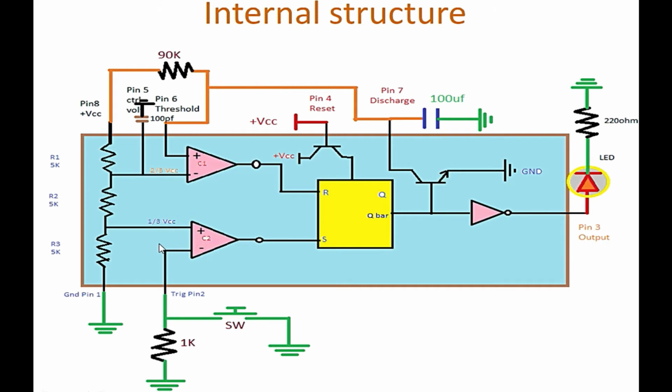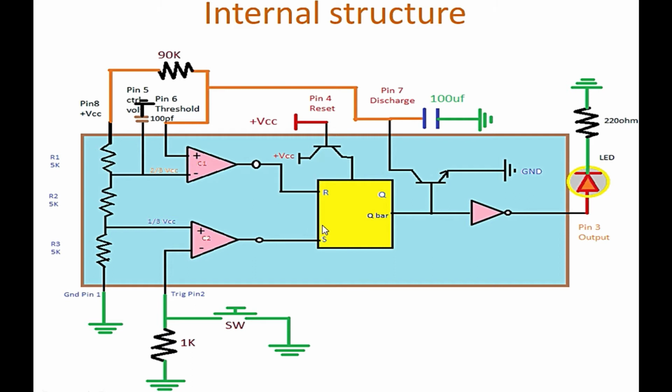For that we will go through comparator number 2 first. In the normal condition, the positive terminal voltage of the comparator will be lower than the negative terminal voltage. So the condition is not fulfilled, and the output will be 0. To make it high, we have to make the positive terminal voltage higher than the negative terminal. For that we press this switch. If we press this switch, we are giving ground to the negative terminal of comparator number 2, the condition is fulfilled, and the output will be 1, high.